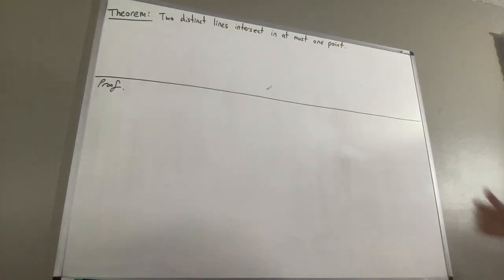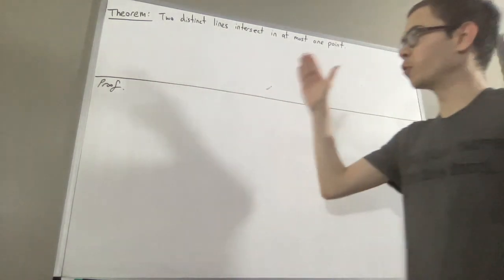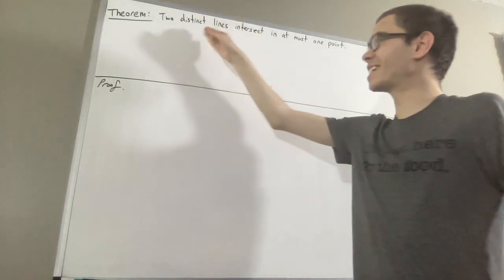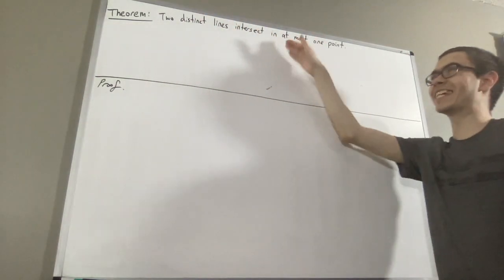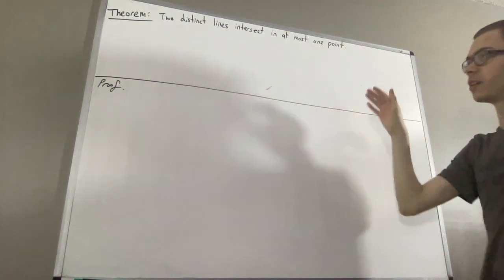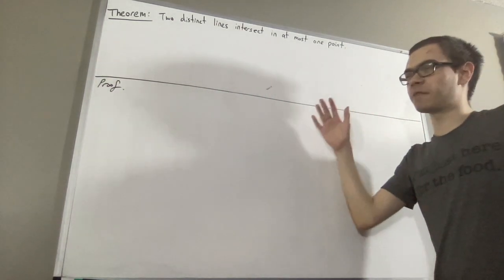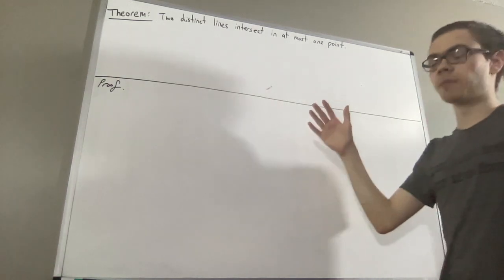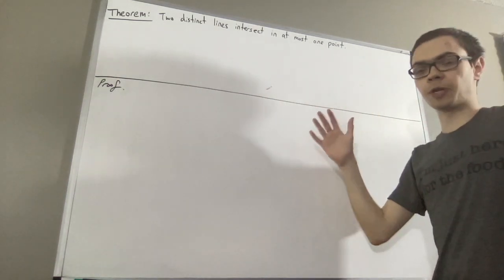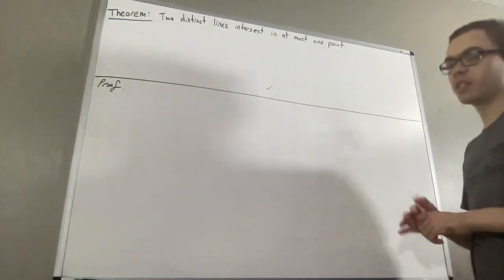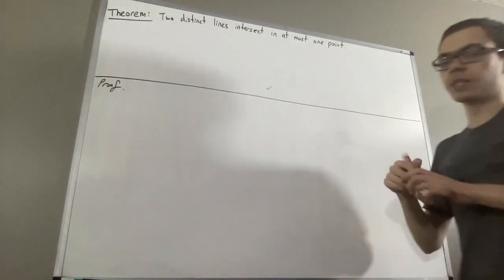Hello! In this video, we are going to prove the following theorem. Two distinct lines intersect in at most one point. Now, in this series, we are going to be looking at content from Edwin Moyse's book, Elementary Geometry from an Advanced Standpoint. And so, we are given a triple